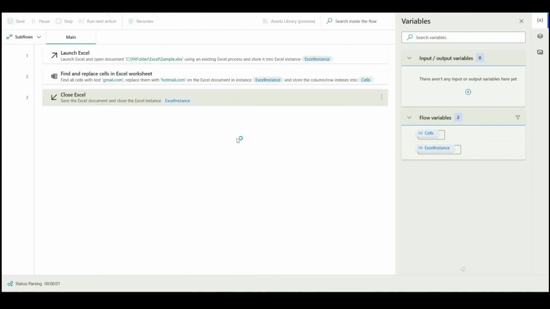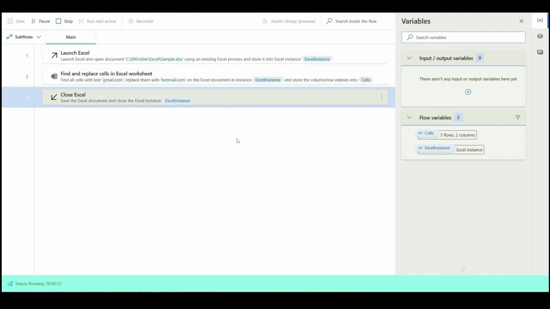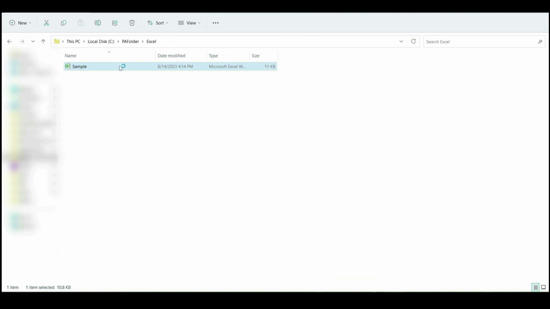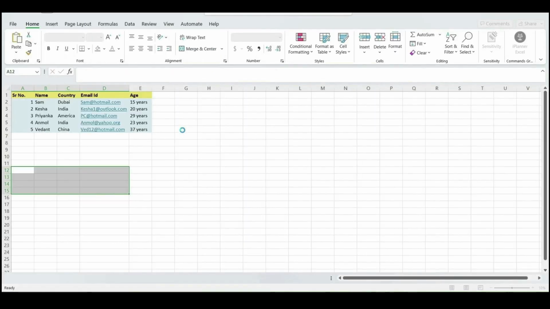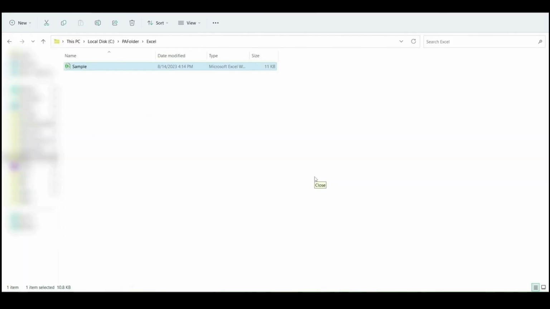Let us quickly run this. Okay. Execution is complete, and I've opened the file. Okay. D2 has been replaced. Same goes for D4 and D6 as well. I hope you all are able to understand the concept and would be able to make use of these actions